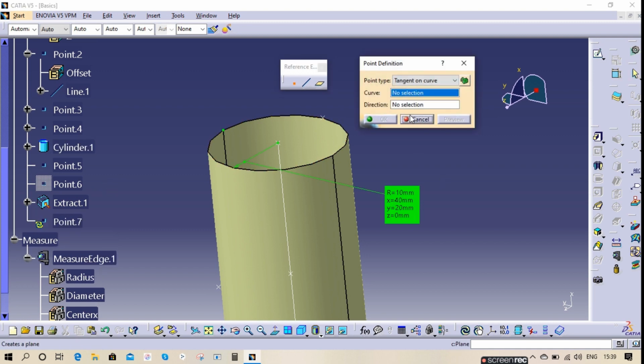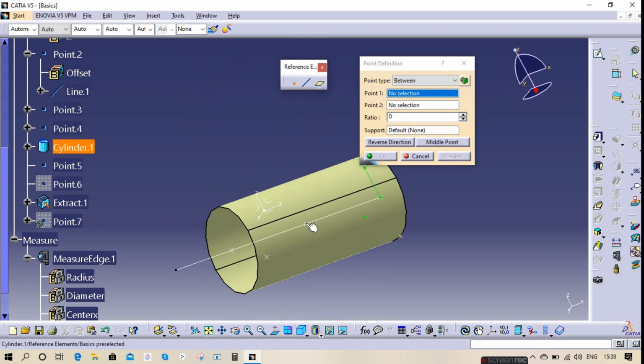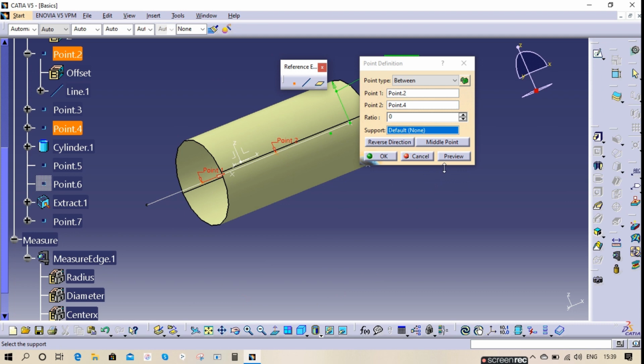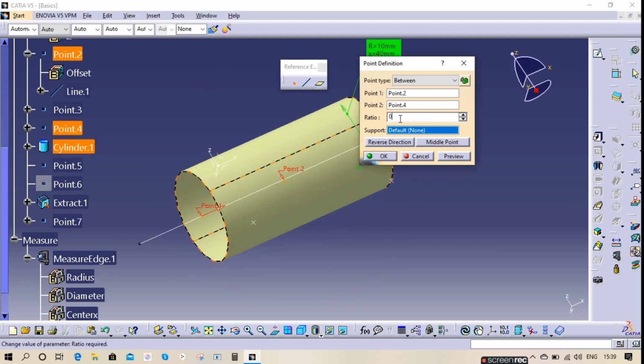The last option is between. Let's say I have point 1 and point 2, and my ratio is 0 here. If I give middle, see it has created a middle point here. Or from this point to this point you can create this point anywhere.